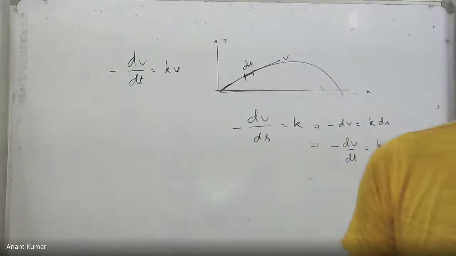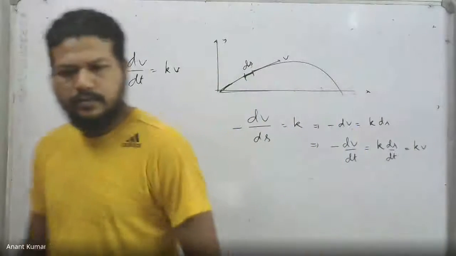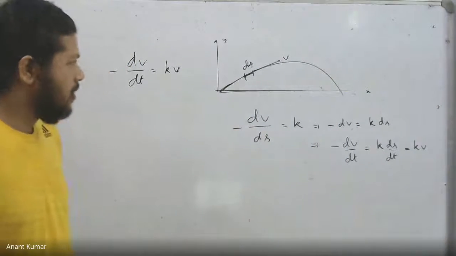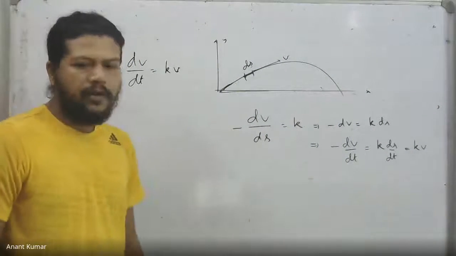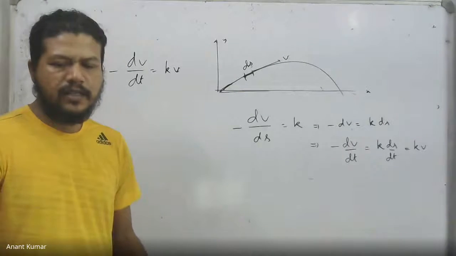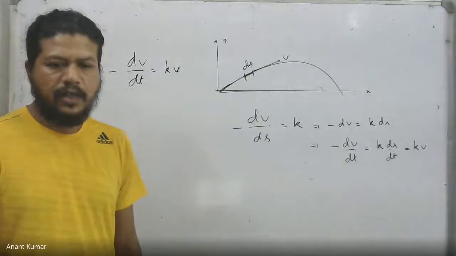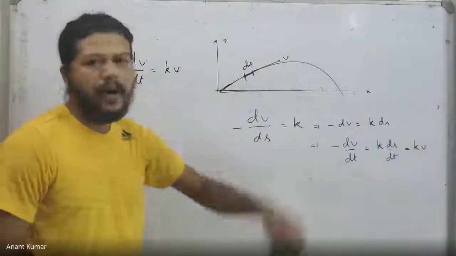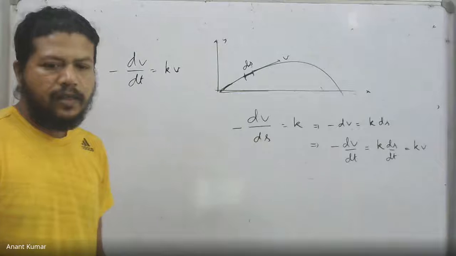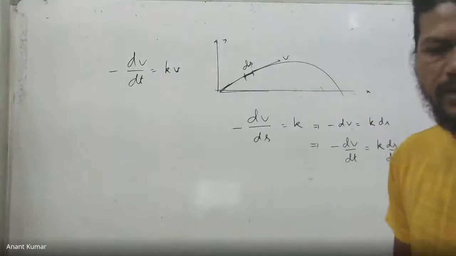We notice in this case that, yes, you multiplied distance, but which distance have you multiplied? You have multiplied the distance on the x-axis. In this case, what distance we are talking about is the distance along the path of the projectile, the trajectory. They're not the same thing. That is what you have to do in this case.